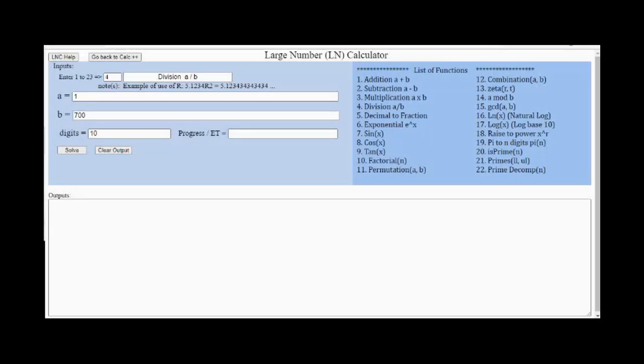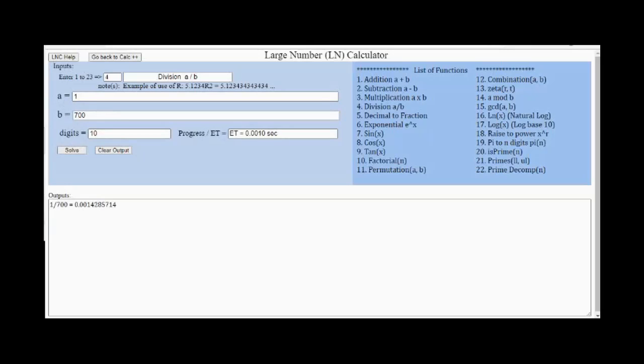All right, now let's take a look at a division example of 1 divided by 700. Notice a 4 is entered into the function select box here, as shown on the screen. And division A over B is shown in the function selected box, shown on the screen. Also note a 10 is entered into the digits box. Hit the solve button,